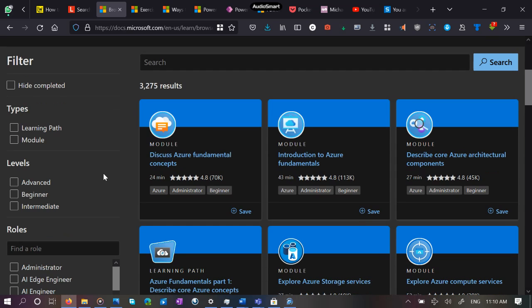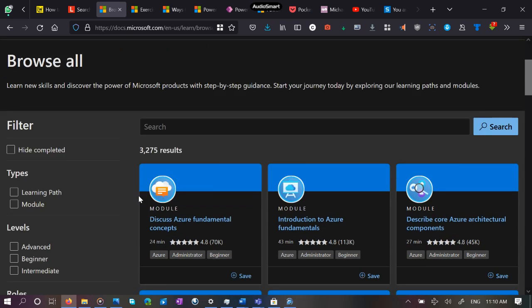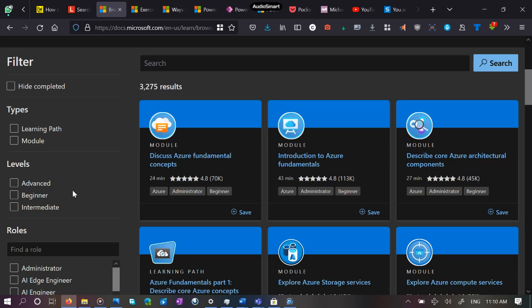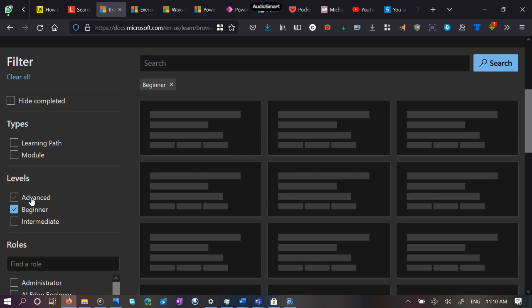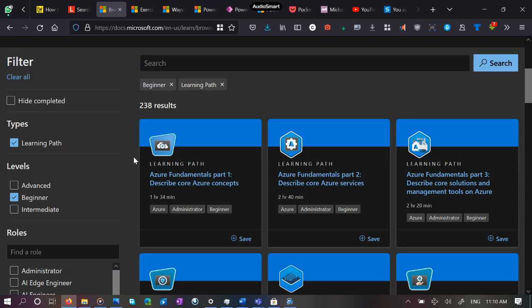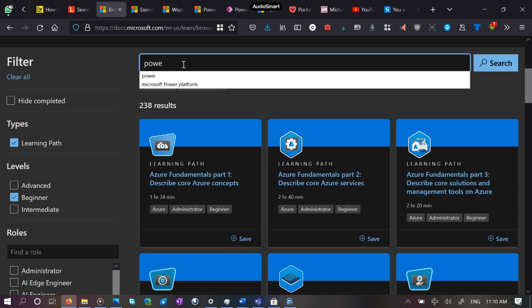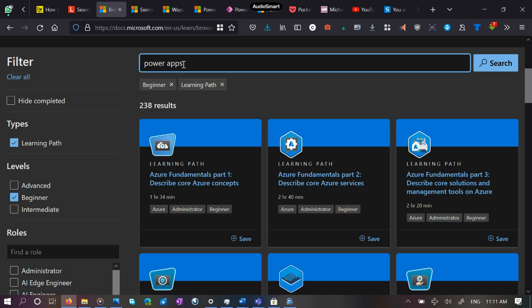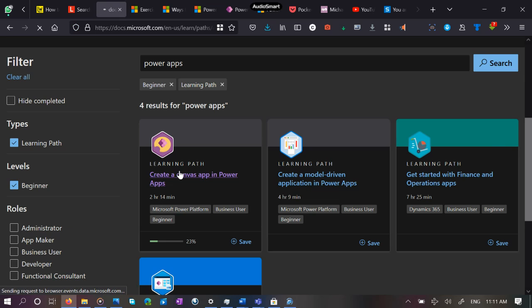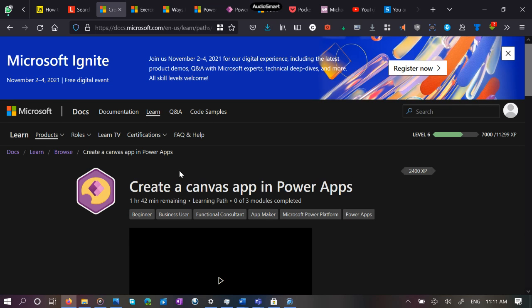As we've said, Microsoft Learn pretty much splits things up according to roles, according to learning paths, according to programming languages, tools, products, and even your skill level, as is written here. So I'm near certain if we say beginner, right, and we say learning path, right, these are filters for searching. And I think if we just search Power Apps here, we'll find something. There we go. So there's the course we're taking today, create a Canvas app in Power Apps, right? We click that, and I think we'll be ready to start.